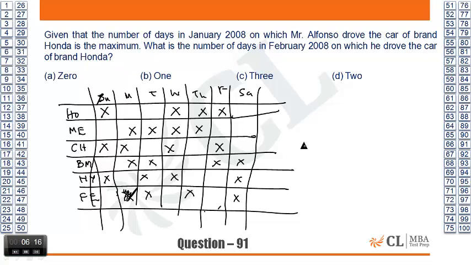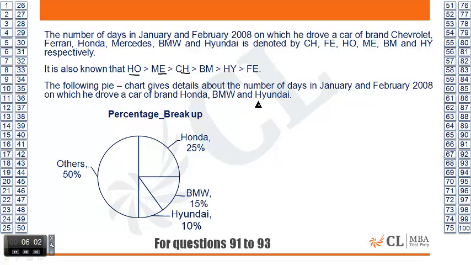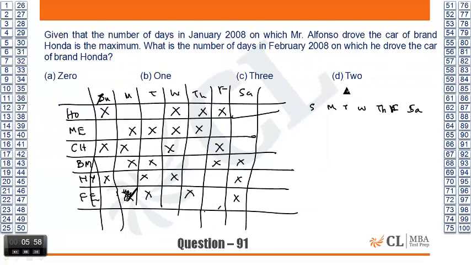We need a table. We need a calendar. Shall we just create a calendar? Sunday, Monday, Tuesday, Wednesday, Thursday, Friday, Saturday. January 1st was a Tuesday. We have 6 minutes. Brute force, I'm making the calendar. January 1st was a Tuesday.